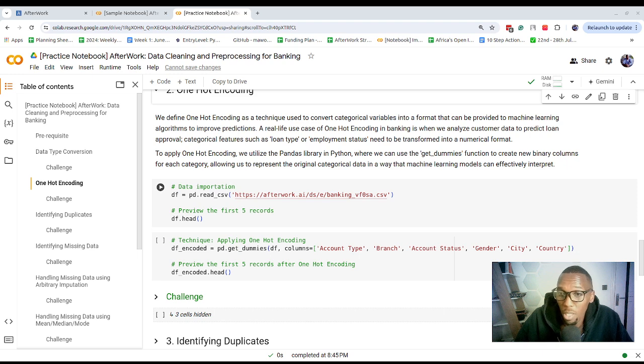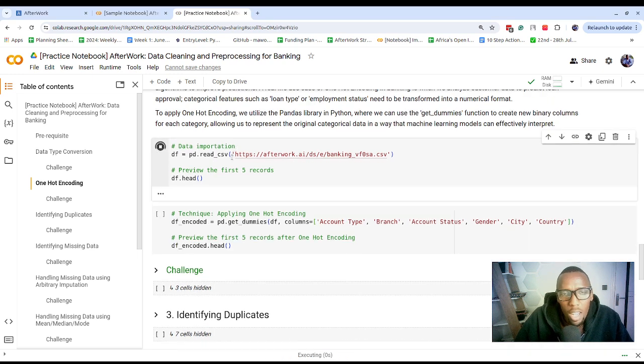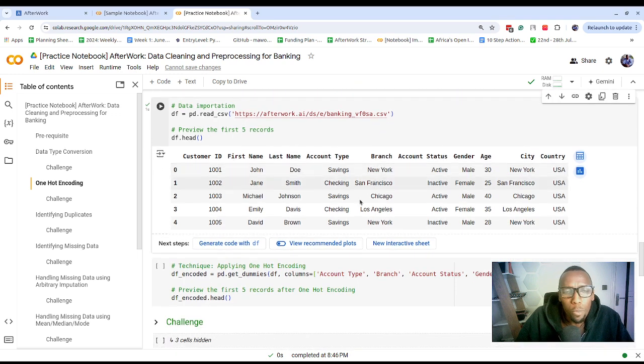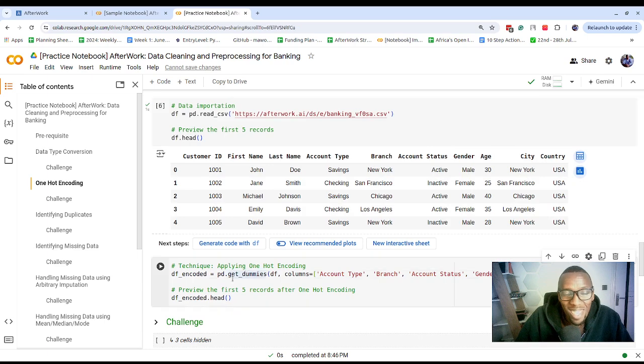just numerical representation. So initially, if we have this data set that contains the following data. So we have what you see here, customer information, but we have account type, branch, account status, gender, city, and country as categorical variables. If we want to convert them into numeric representations, we can use the one-hot encoding technique,